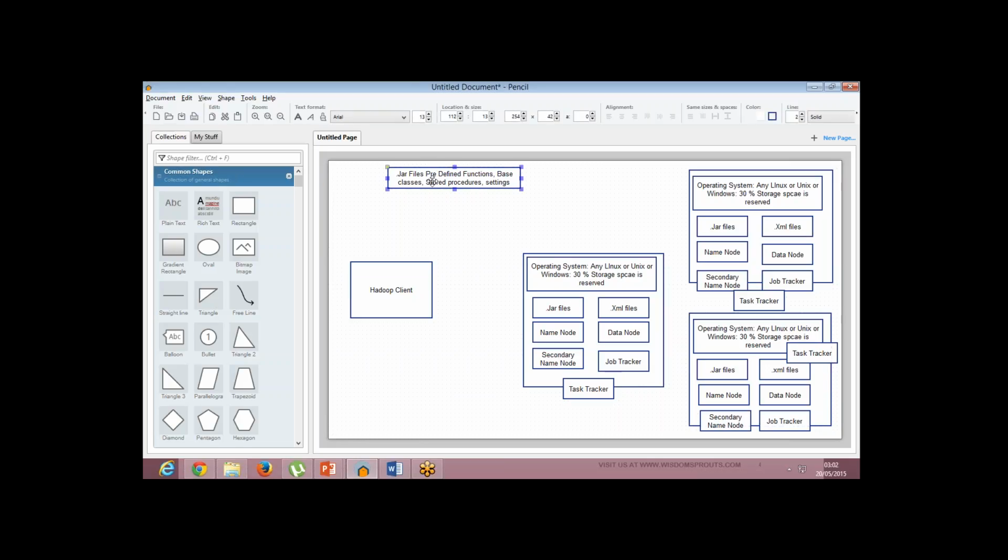So talking about the jar files, they consist of predefined functions, the base classes, stored procedures, the settings, some configurations and everything. And on a similar note, talking about the XML files,